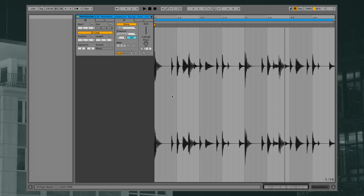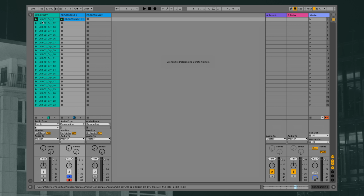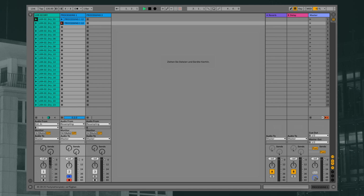So for example, if I would just take this slice here and work with it in a beat, I would have overlapping drum sounds that are even more complex than if I would just work with a regular 808 or 909 kit. And now what I could do, obviously, is to just take all of these loops here,